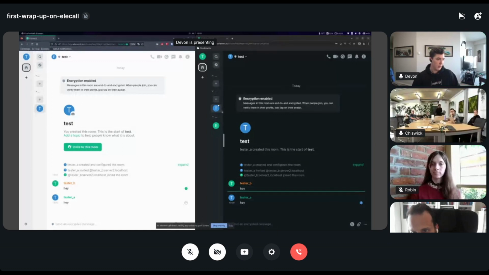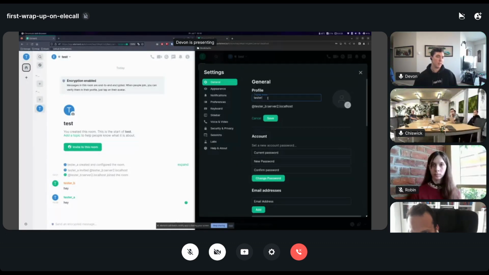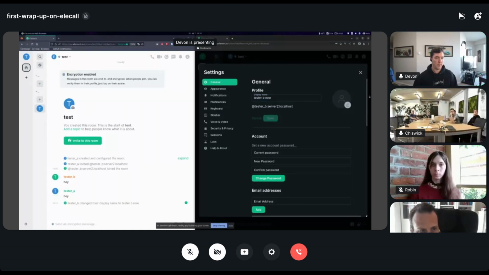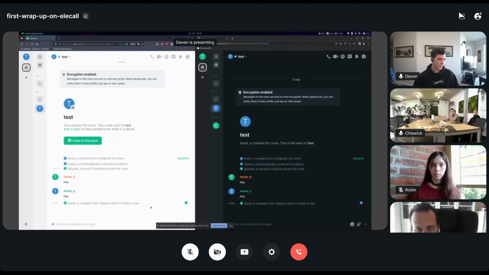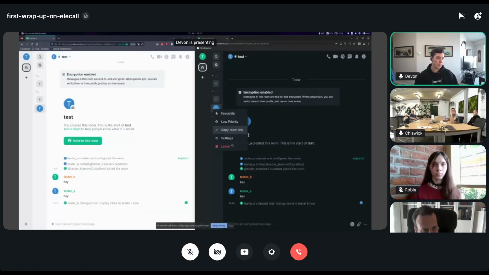Then we also can, I guess we'll do this first, I can change the username, and that's all working. We can see that in events, we're stripping out the MXID mapping from the previous content of the event. Like I mentioned, we don't want to propagate that all over the place. So we're just showing the existing fields that would normally be sent in this event, the membership, display name, and stuff. Then if I leave the room,